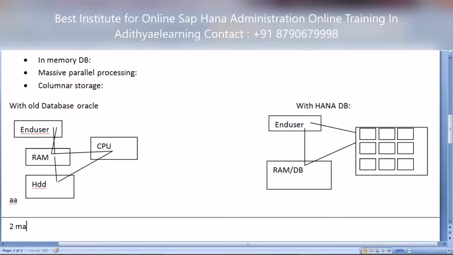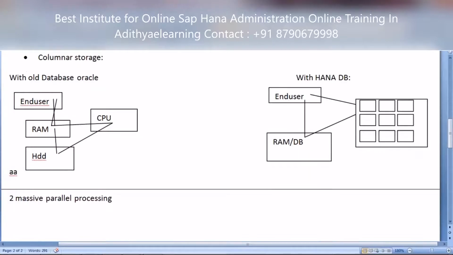Now the second thing, massive parallel processing. First we have seen how the data is handled in the old database and the new database. Now you will see what massive parallel processing is.